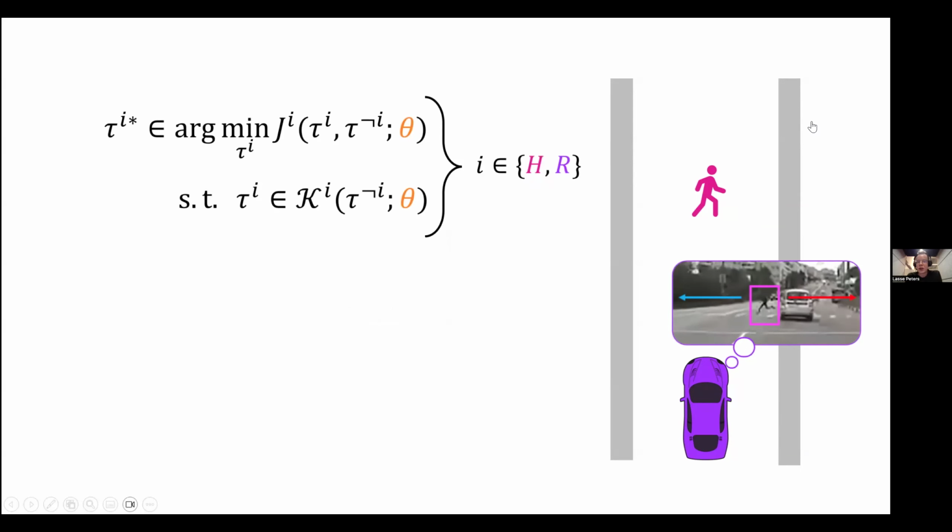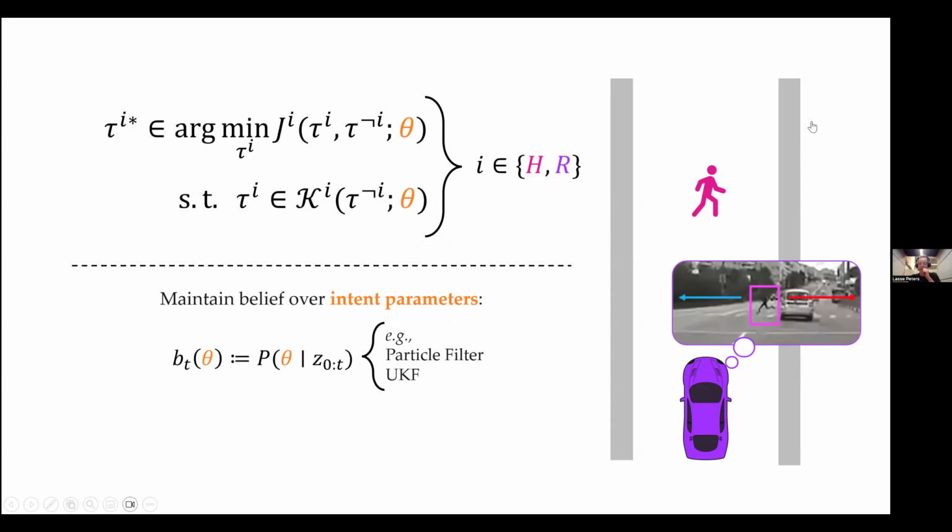And so we can treat these unknown aspects of the game as unknown parameters of the game. So we can make a parametric formulation of the game, and we can say, well, theta now includes all the things that I may not know. That may be the intent, and that's what we will focus on here, but that can also be stuff like the other player's dynamics or their initial state or other aspects that I'm uncertain about, right? And then I can maintain a belief over these uncertain parameters of the game, basically by looking at the past behavior and updating my posterior distribution over which parameters are likely